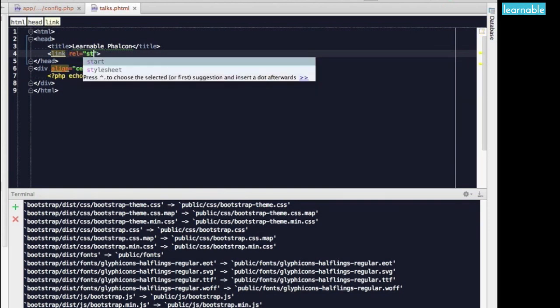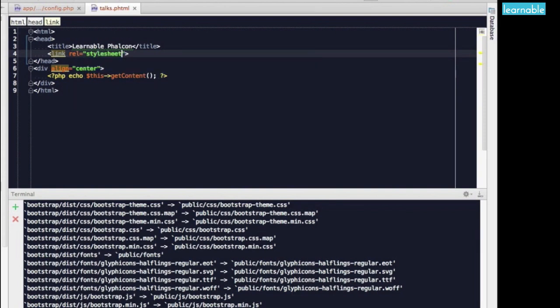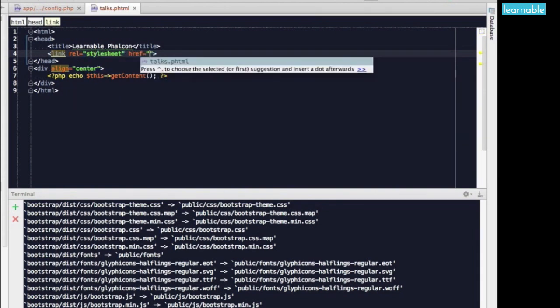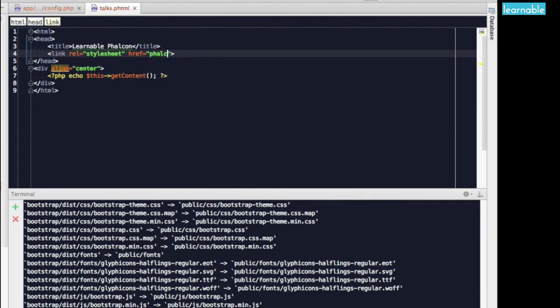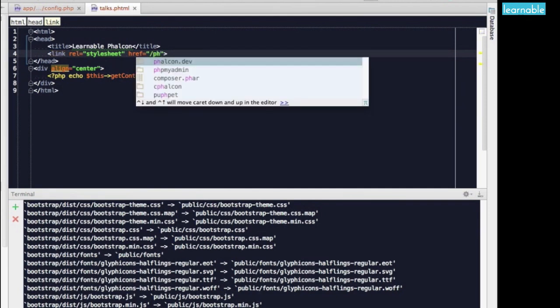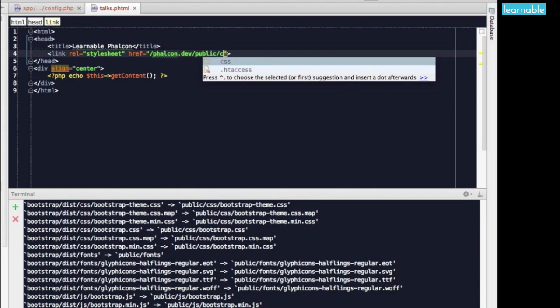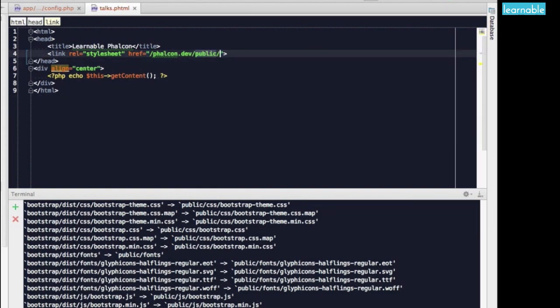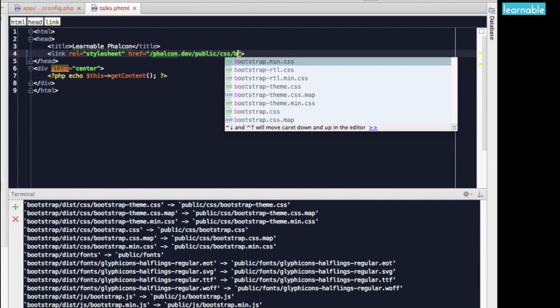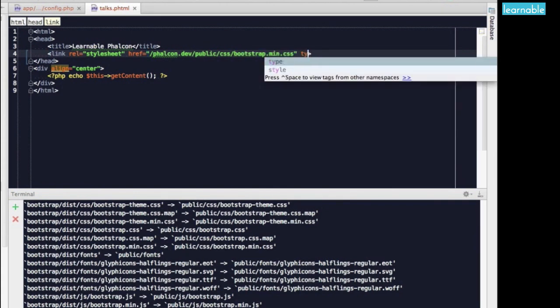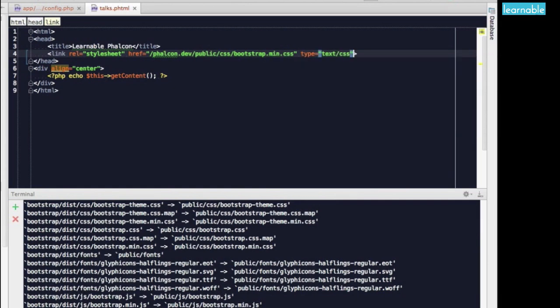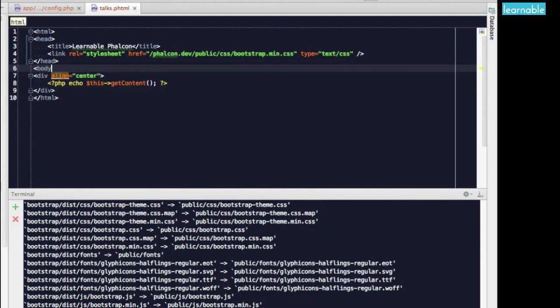Then we'll add in the link tag. And we'll say rel is stylesheet, href is phalcon.dev/public/css/bootstrap.min.css, and then we'll say its type is text/css. We'll be thoughtful and just complete the body tag. Right. With that done,